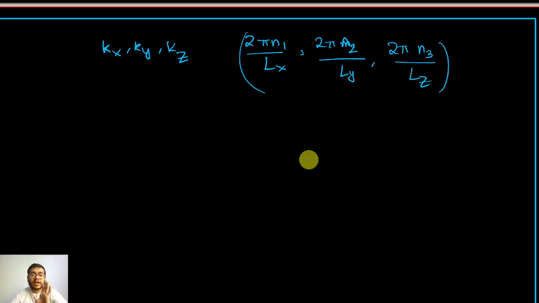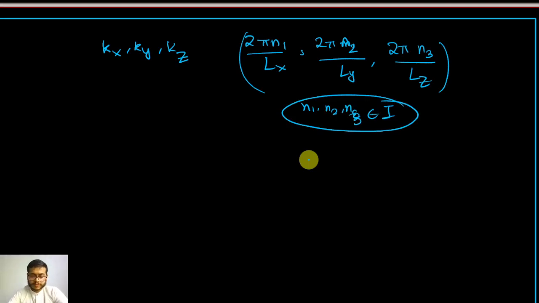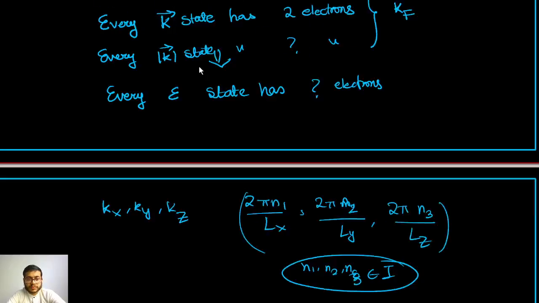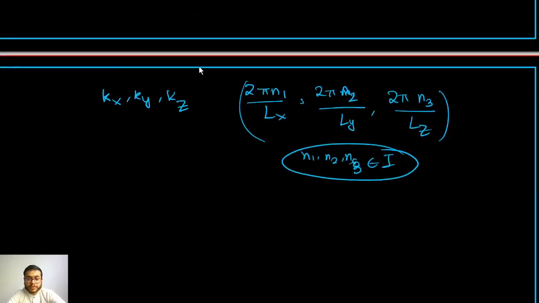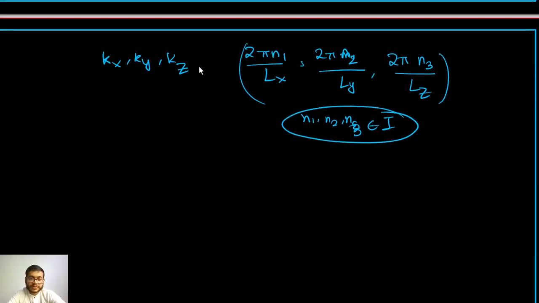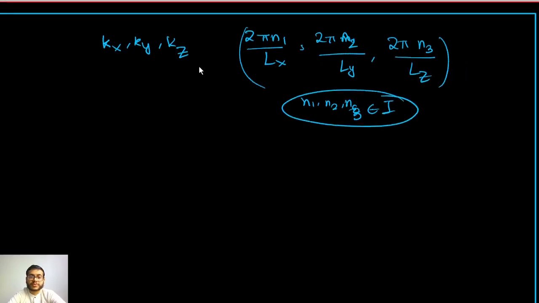These are the only values they can take, where n1, n2 and n3 are integers. Fine. So n1, n2, n3 are integers and these are the k points, correct? Okay, so now